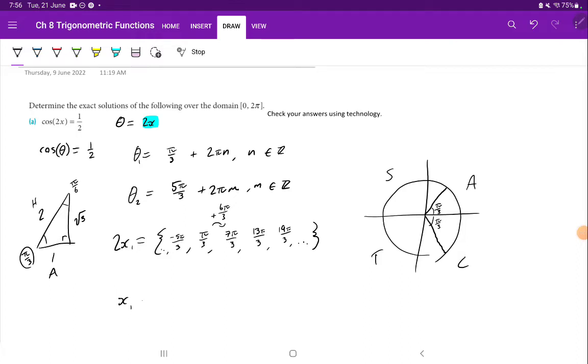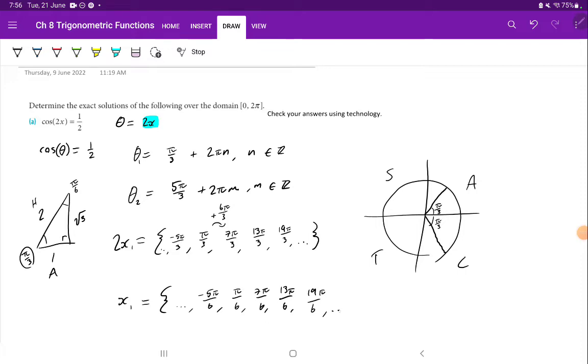So x, after I divide by 2. I'm going to divide every single thing on this side by 2. The way that works is that when you divide, it's going to join the bottom. So basically all of these are going to become minus 5 pi on 6, pi on 6, 7 pi on 6, 13 pi on 6, and 19 pi on 6. Okay, so those are now all my different values